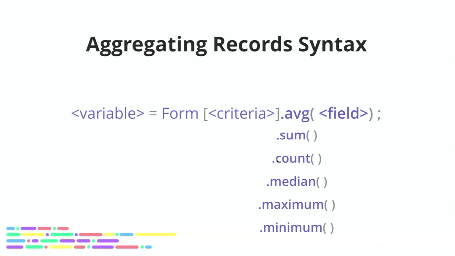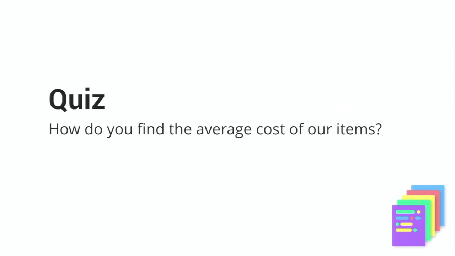Or I could say, maybe .average, and then I could put in one of the fields that's associated with Sally. So maybe, I don't know, all these Sallys have different heights for some reason. This is a terrible example. And we're recording this in our database. We could find the average height of people named Sally by putting in .average and then whatever the name of our height field is. Okay, so I had this other quiz here to find the average cost of our items,